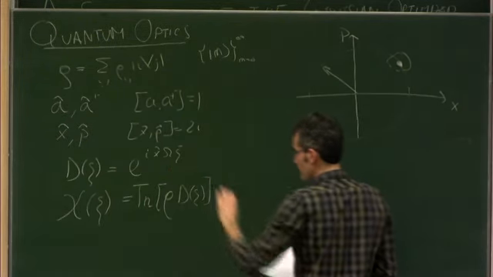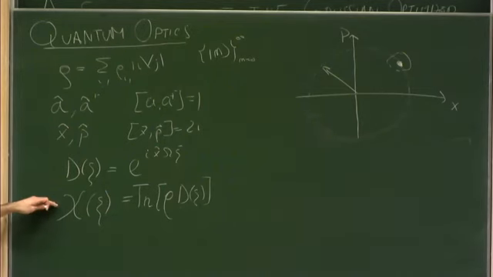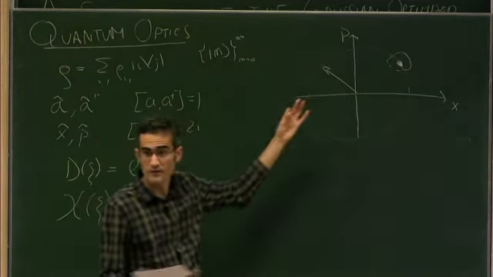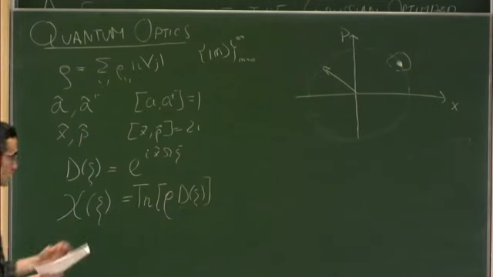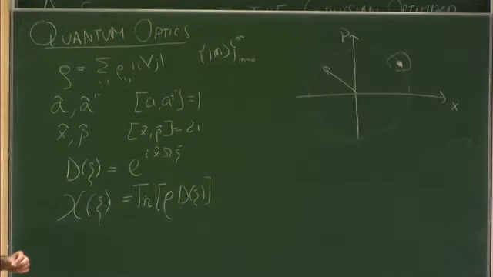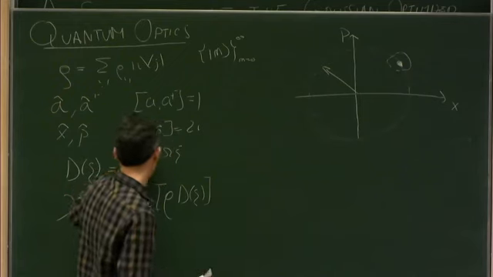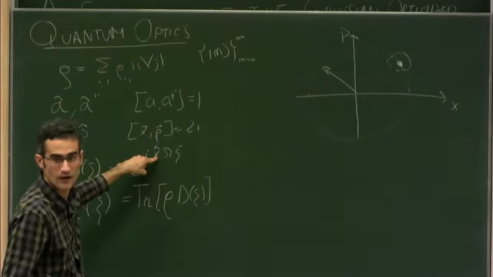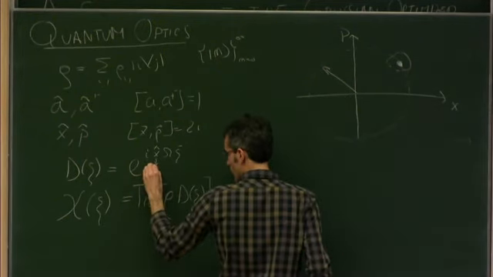This is a quantum analog of the characteristic function you have in probability theory. Maybe a physical way of seeing it is through its Fourier transform. The Fourier transform of this characteristic function gives you the Wigner function, the object I was mentioning before, which is a quantum generalization of a probability distribution on the phase space. Here, this should be a vector that is x and p.